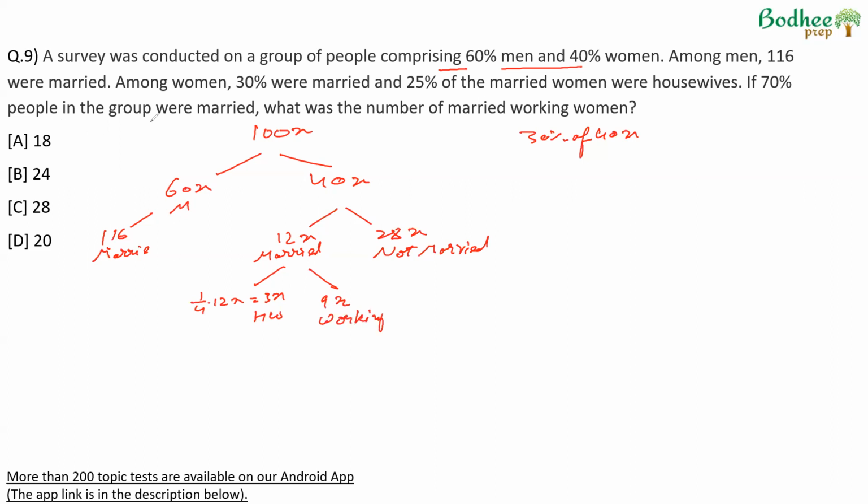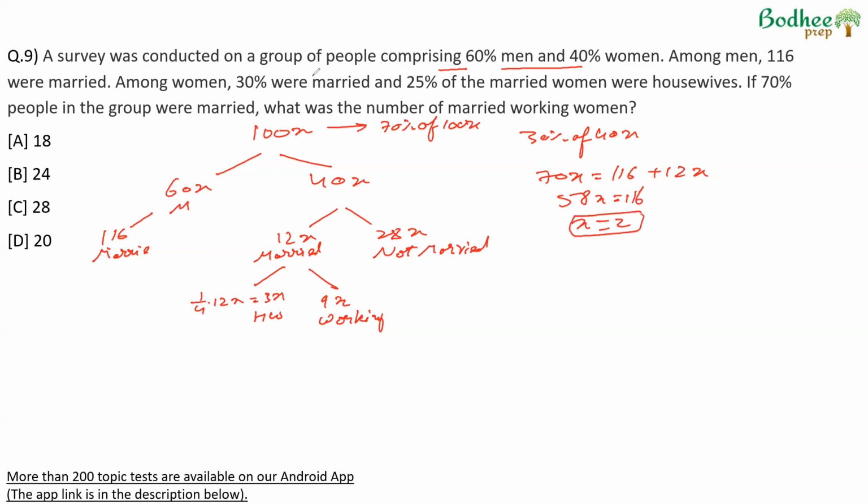If 70% of the people in the group were married, what was the number of married working women? Now, since 70% are married, we can say that the number of married people will be 70% of 100x, which is 70x. So 70x will be equal to the number of married men, which is 116, plus the number of married women, which is 12x, which means 58x is equal to 116, or x is equal to 116 by 58,